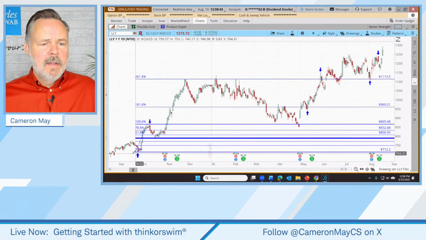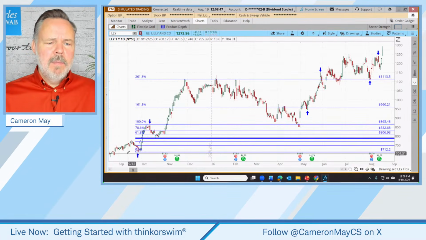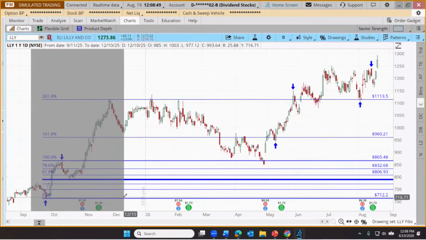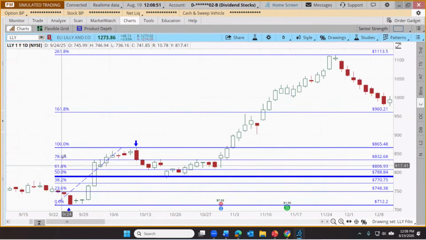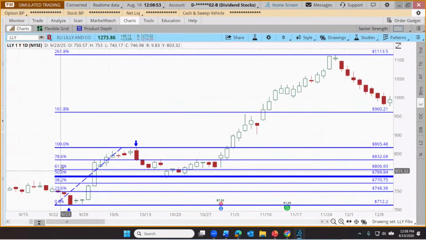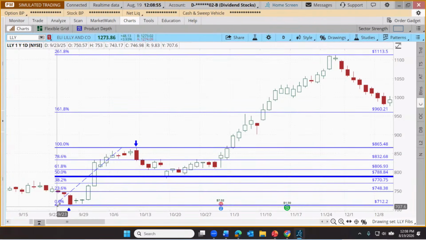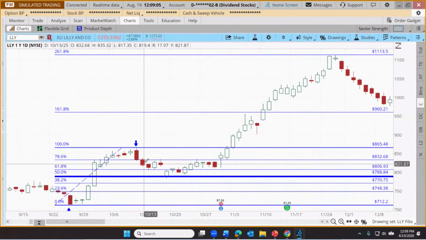But let's talk about the application. I'm going to zoom in here a little bit. Let's zoom in maybe on this time frame right here. It's going to give us a closer look at these numbers. And I just want to get into the psychology of what the trader's attempting to do here by applying these Fibonacci's.